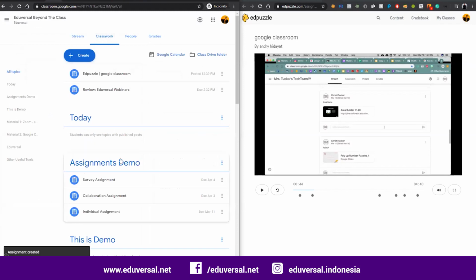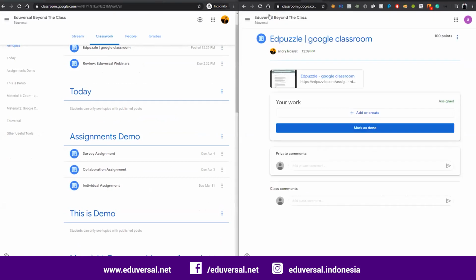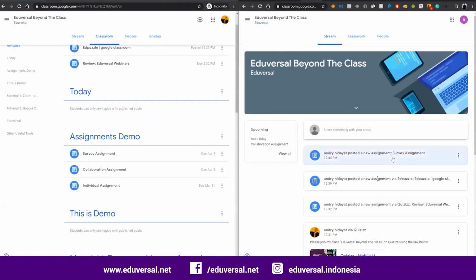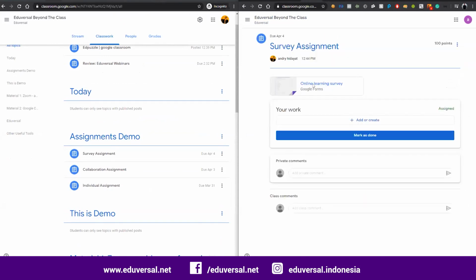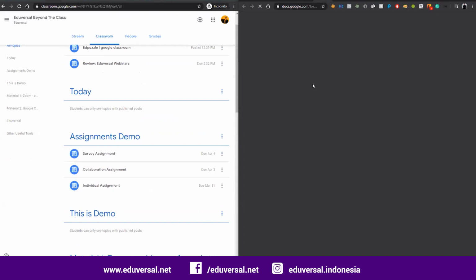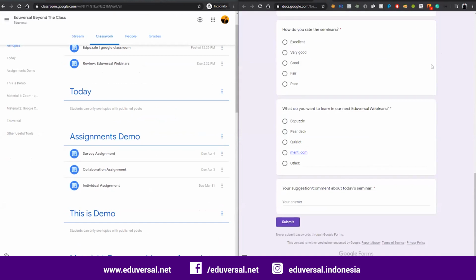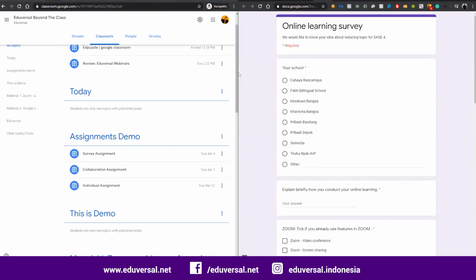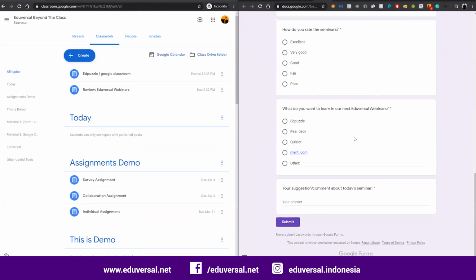you may give to the students and assign it using this Google Classroom. Okay, so if the students see their stream, they will see another survey assignment, and they can do the survey. Okay, so yeah, that's how you do it if you're using Google Form. But you can make this Google Form a quiz as well,